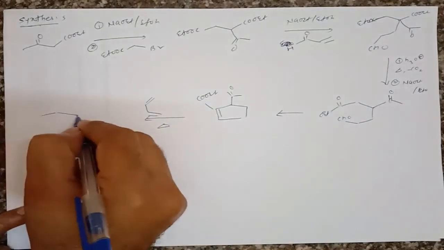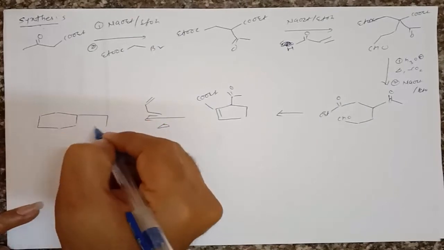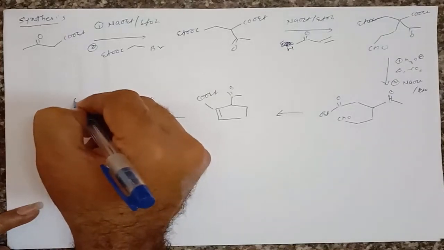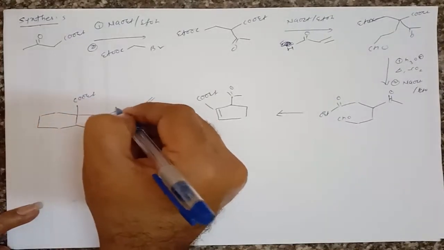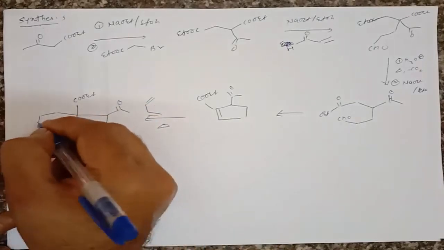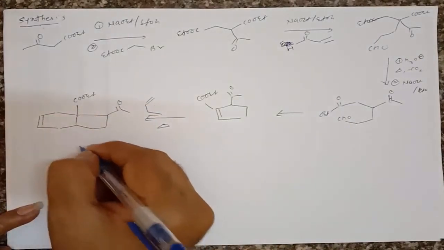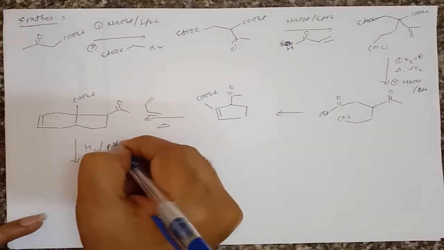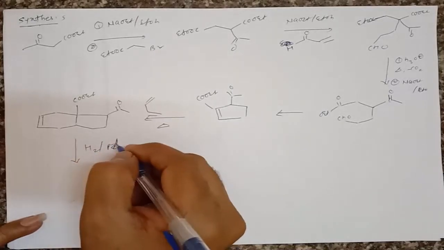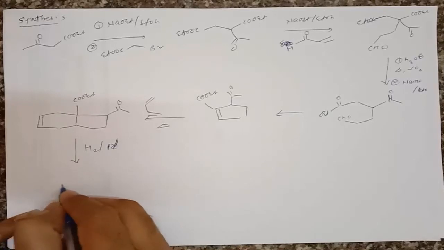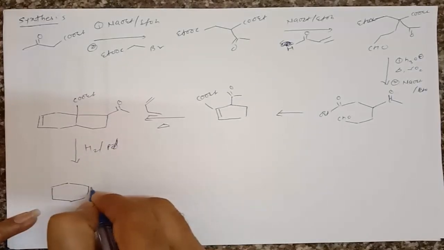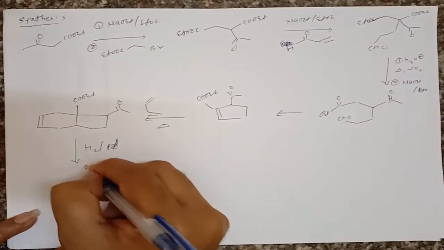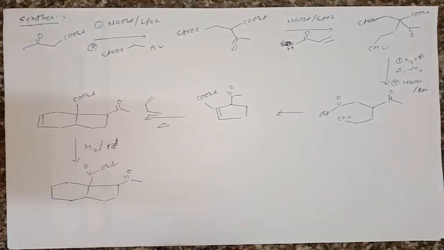So it gives formation of a cyclic ring containing an ester group here, that is COOAT, and here a ketone group will be remaining, and it has a double bond here. Then in second step, we have to reduce this double bond by using a reducing agent, either H2 in platinum. Then it gives formation of a molecule like this, then C double bond O CH3, here is COOAT, right? So this molecule will be formed here.